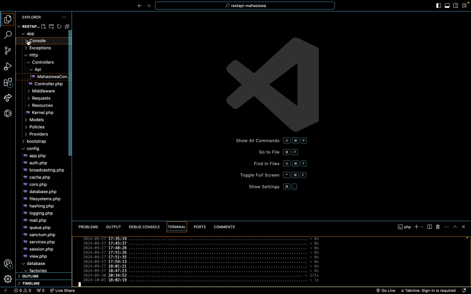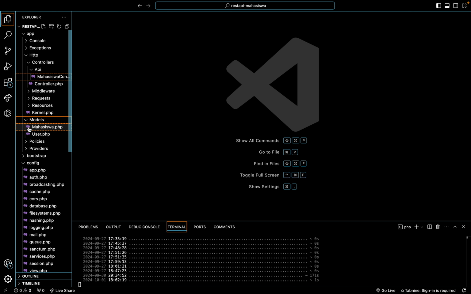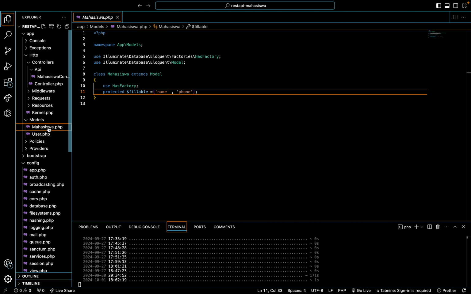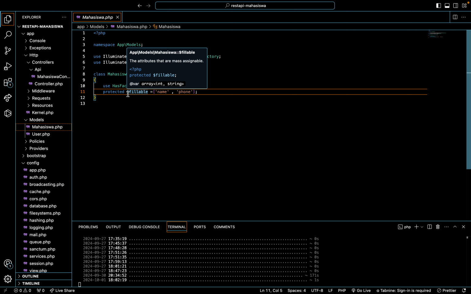Okay, this app, and we will see the models and mahasiswa PHP. And this protected was not there at first. I just made this protected manually, fillable, and then name and font.